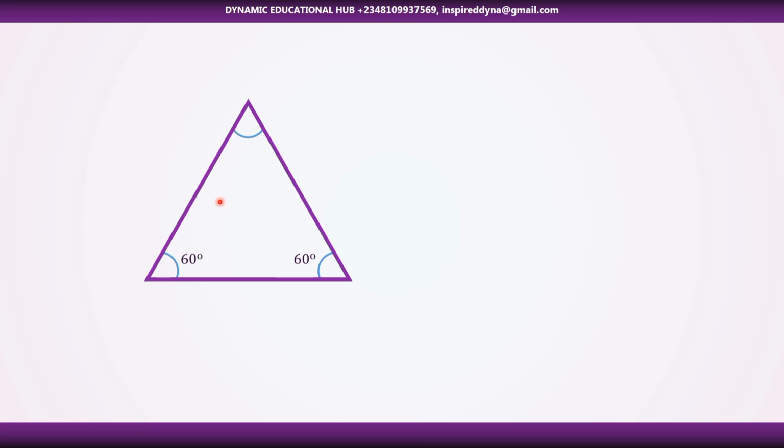This equilateral triangle is going to be 2 units. You can use 1 unit, you can use 3 units, you can use any unit of your choice, but I will advise you to use 2 units. Now let's use a 2 units equilateral triangle. The next thing we want to do is convert this triangle to a right angle triangle,